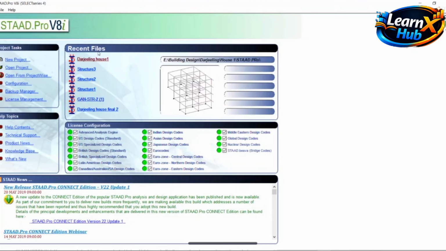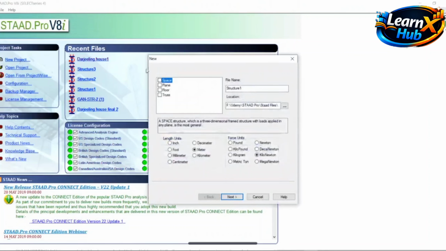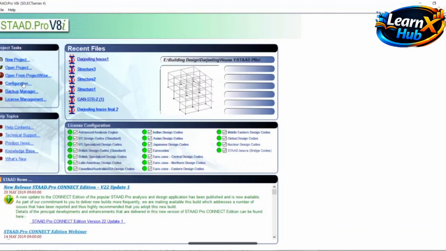But if you're creating any file from scratch, just click on new project. So we click on new project here. Okay, so before doing that we have to do certain configuration. Let's do that. So click on configuration over here, left click,